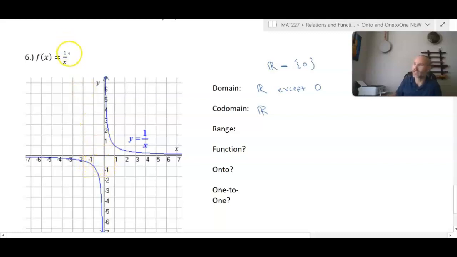The idea here is that if x is really, really close to 0, 1 divided by a number really, really close to 0 is going to be really, really large, either positive large or negative large. So we have a range that goes down to negative infinity and up to positive infinity, right? Another way you could think about this in terms of domain is everything going this way along the x-axis except x equals 0. We'll put a little open circle there, just meaning that we can't plug in 0